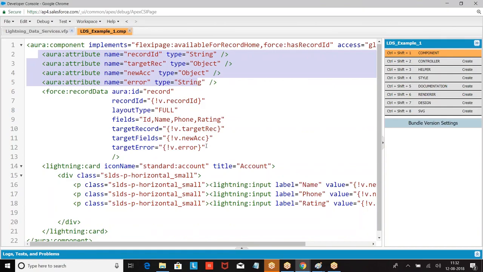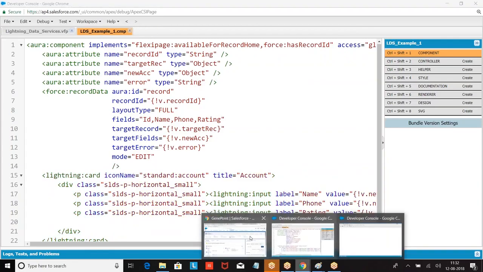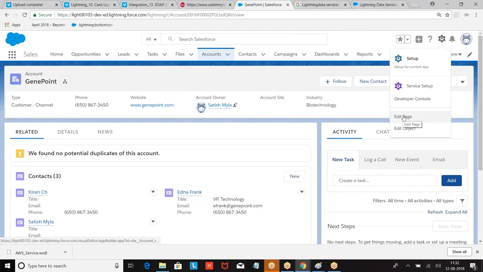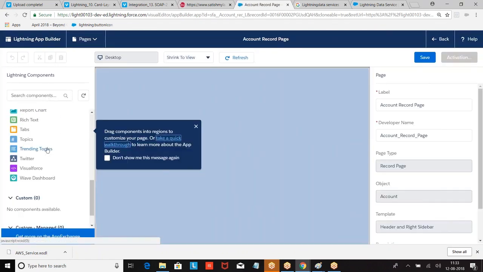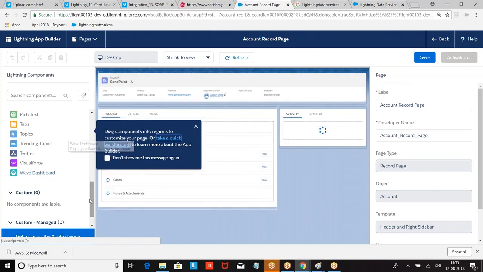Right, here if I want to go for edit mode, go back. So accounts you have taken, go to the edit page. Why is there no component available here?